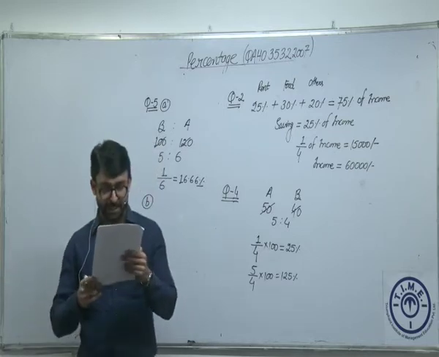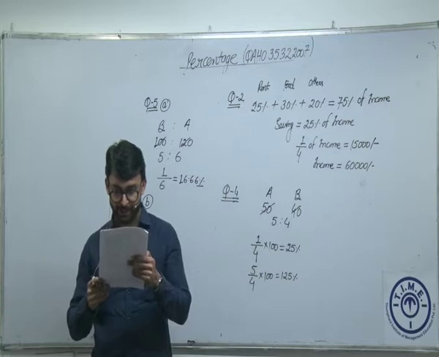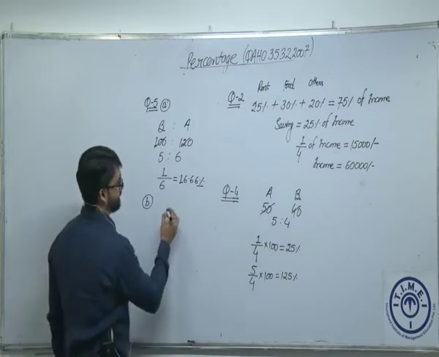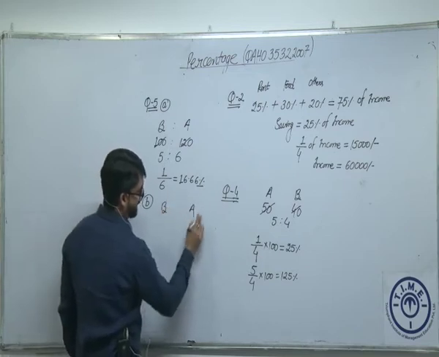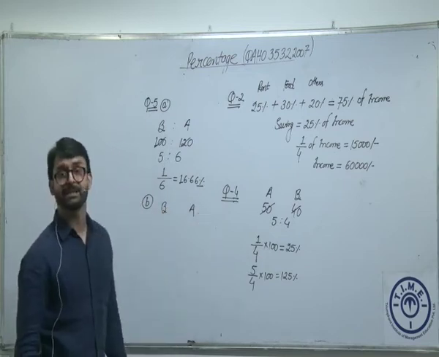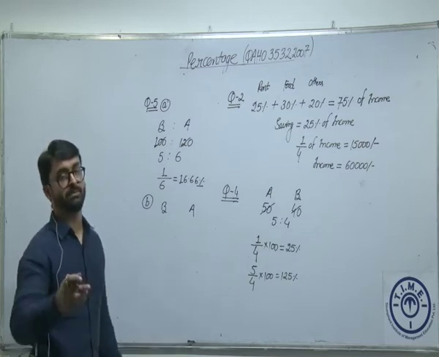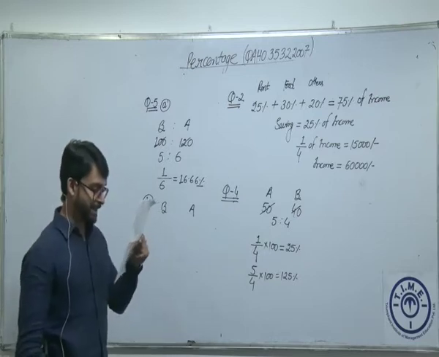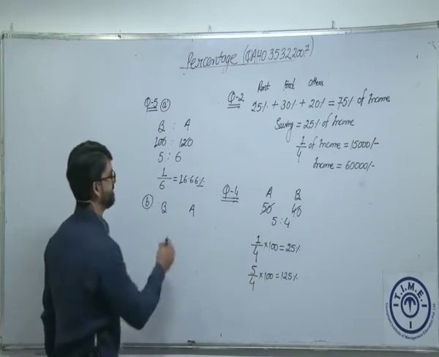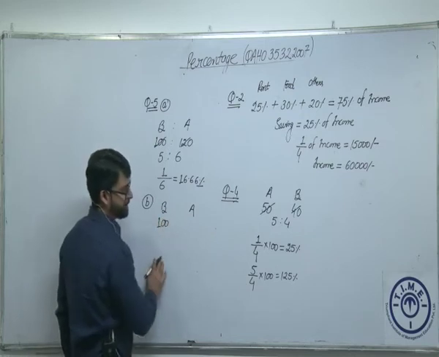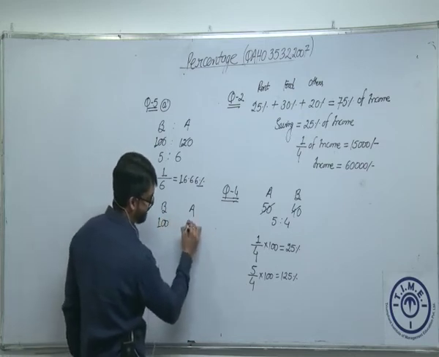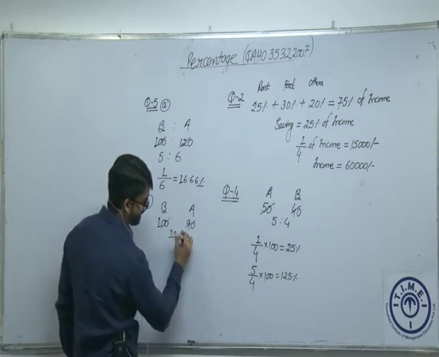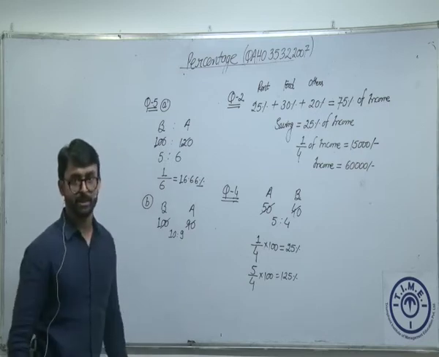If A's salary is 10% less than B's salary, again, now people are same, the salaries are different. A's salary is 10% less than B's salary. Again, I'll assume some salary because हमें B की salary से compare करना है A की salary को. So let us assume the salary of B is what? 100. Salary of A must be 10% less than B's salary, which is equal to 90. I can take ratio, which is 10:9. Am I right?